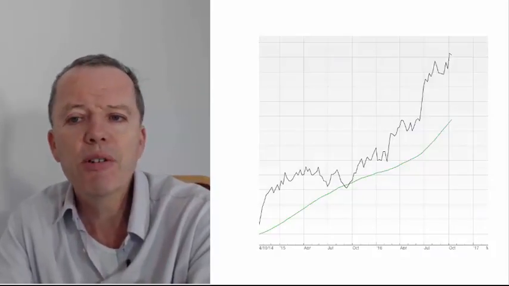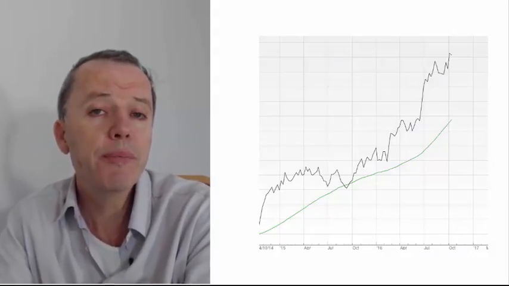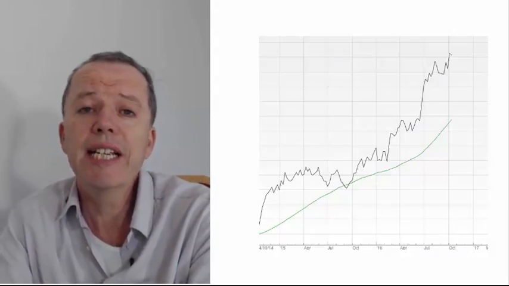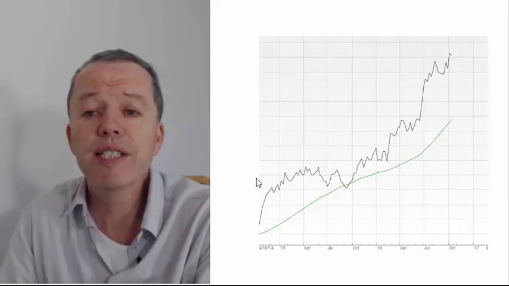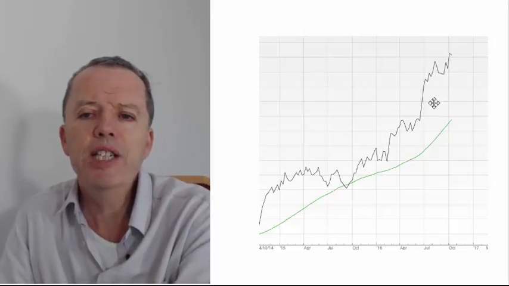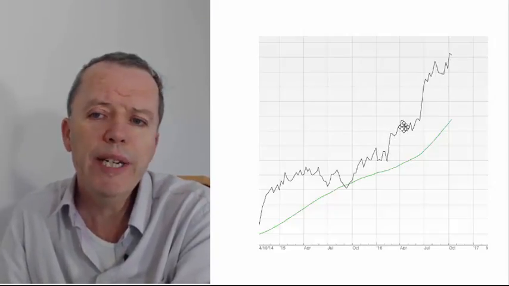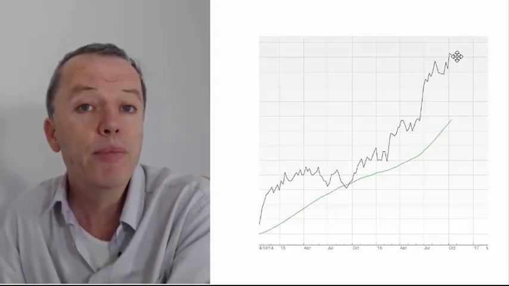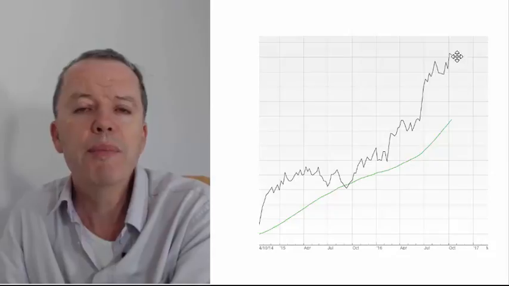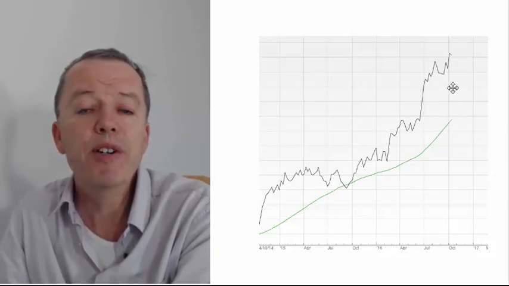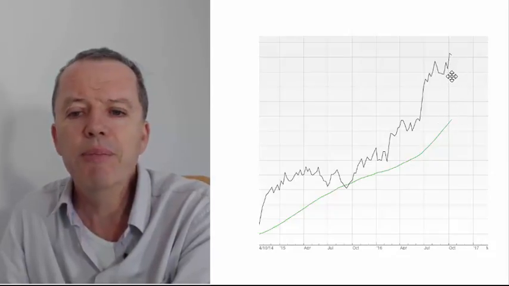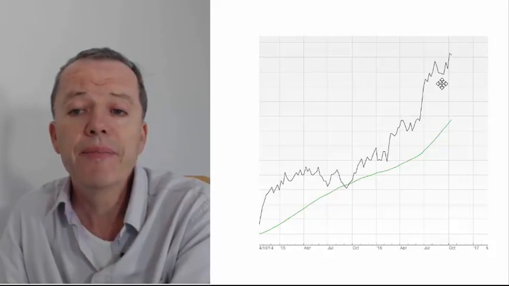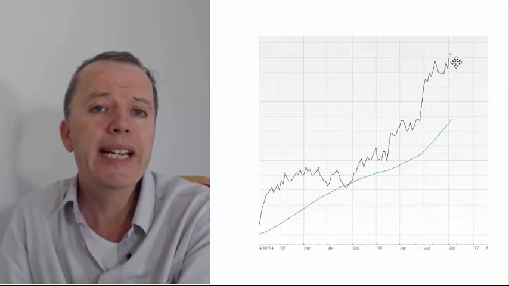So this is the graph of the investment that I use to be exposed to shares, and if we have a look at the graph, it's a weekly graph. So each point on the line is the end of a week, and we can see that this week the price closed up here, which is well above this line in the sand. So I'm very happy to remain invested. I bought somewhere back here, and the unit trust has done very well. So I'm quite happy to stay invested.